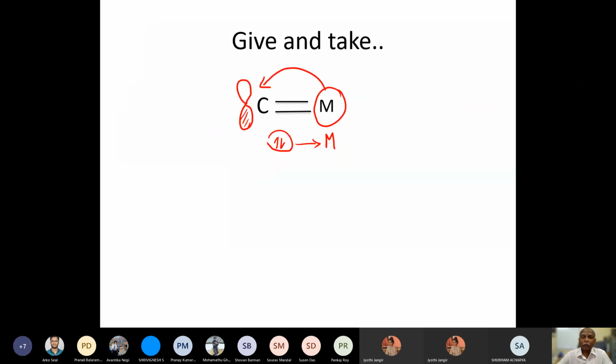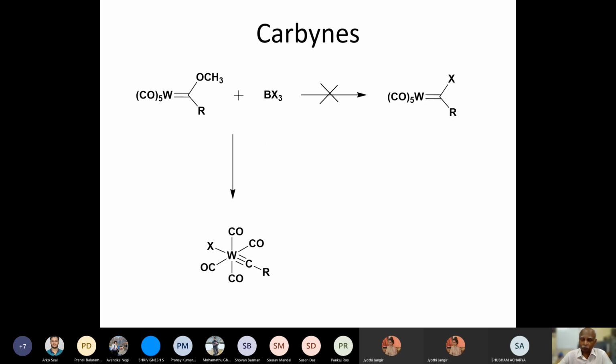So in all these cases, you have this give and take, or this DCD model, Dewar-Chatt-Duncanson model. You have a pi acceptor orbital on the carbon and a sigma donor on the metal. Carbynes are also possible, and here is an example which is very strange. I would like you to rack your brains about what is going on in terms of electron count in this molecule. If you were in class, I would have asked you to do this, but now I can't do it here. But let me ask you to think about this molecule.